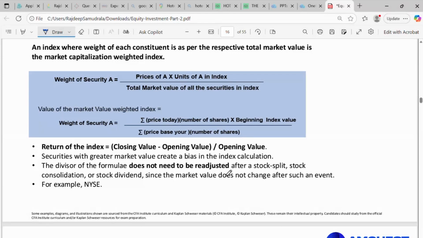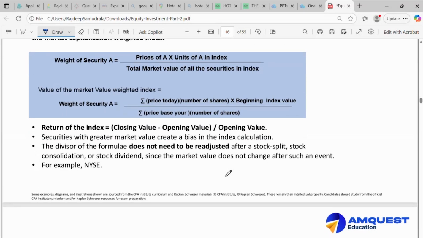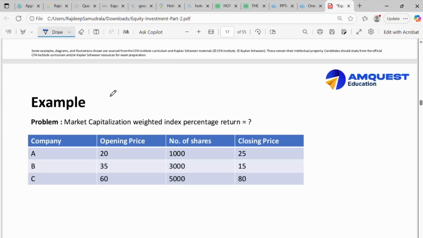The change. So if I want to know what the return is, I'll first find out the value, the weight, and then see the respective returns. So see, the value of the market value index is the weight of securities into the index value. Okay. Now, let's do a quick